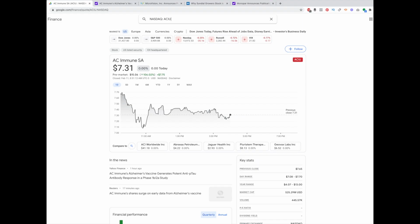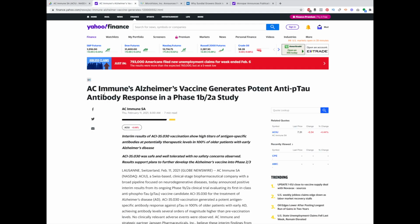So starting with ACIU, AC Immune SA pre-market session, trading at $15, gain 105%. So this is huge. This is really huge. So what is actually AC Immune? So AC Immune is a